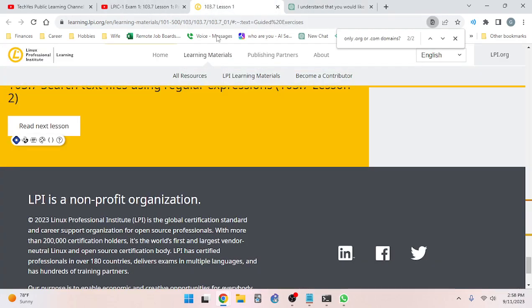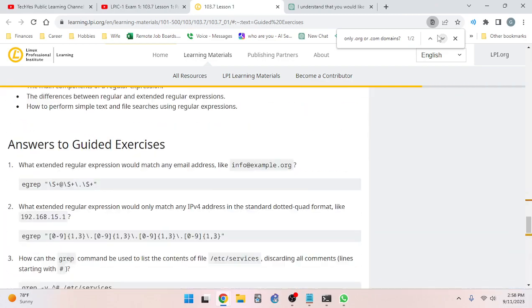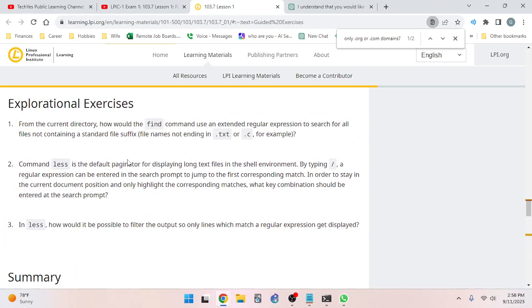All right. Anyways, what it's telling me is to just use the dash not option. It's there. You'll never find a result that doesn't include it. So that's the easiest way. All right. So the next explorational exercise is the command less is the default paginator for displaying long text files